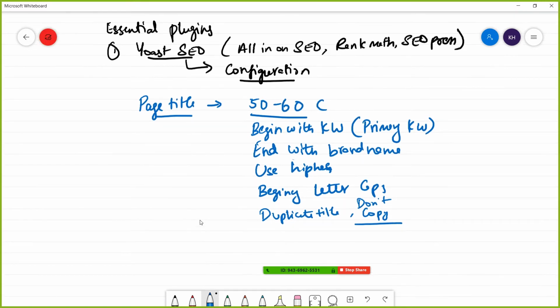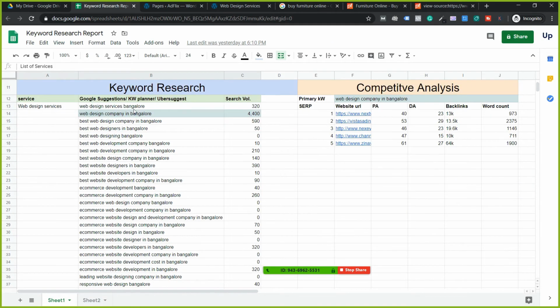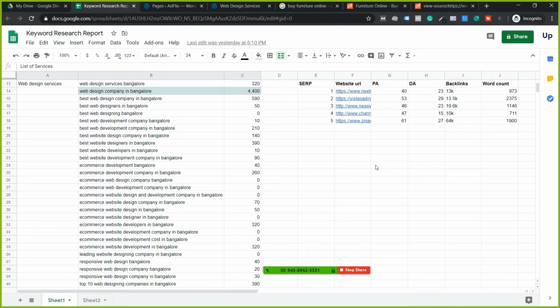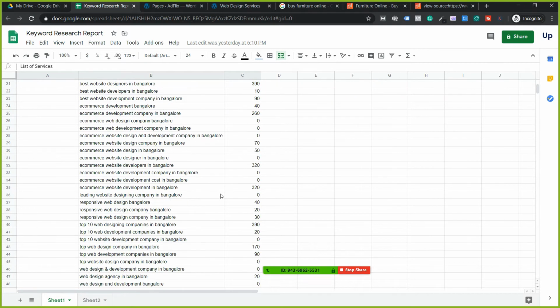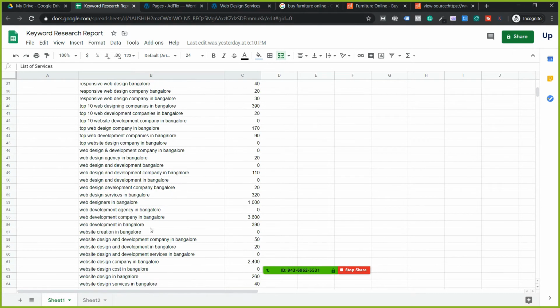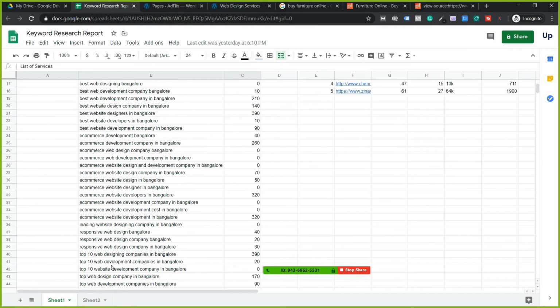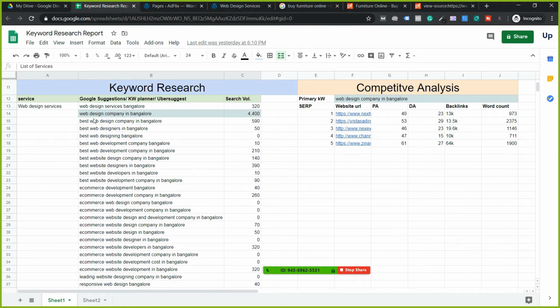Now, coming back, how to write it. Now, I have my keyword list here. So I'll write my keyword tag here first and then I'll add it there. Okay. Now, let me go through all the keywords. I see top web development, top design, top web development companies, web design. I see all these keywords here. So let me do one thing. Okay, web design company in Bangalore. Okay, perfect. So let me see how well I can write here.